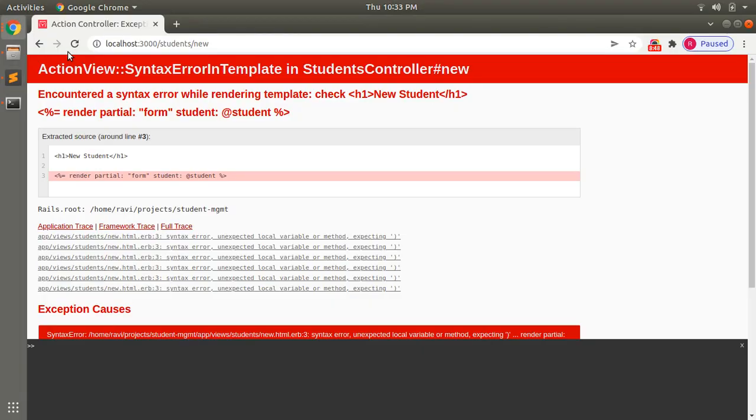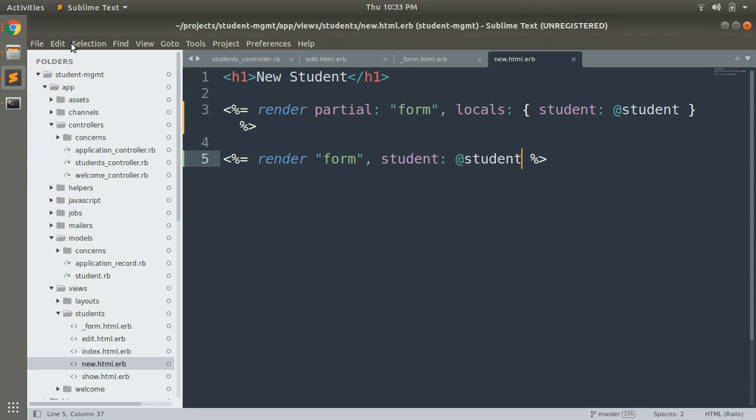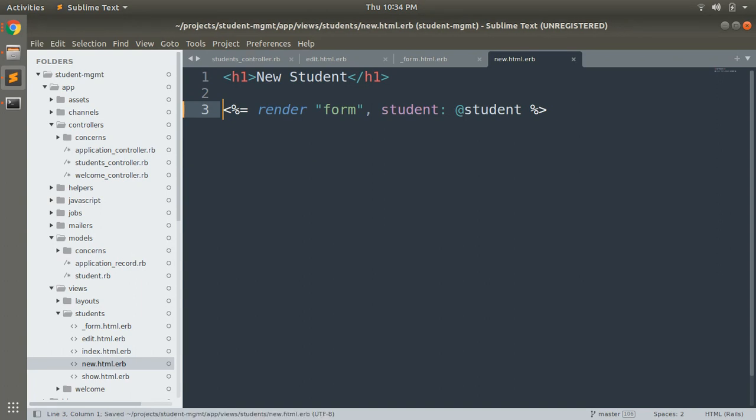Now you will see that the form is being rendered twice. Okay, so depending upon your choice, you can use any of the syntaxes for rendering a partial using local variables, but I would prefer this syntax at line number 5, because this is the new syntax for rendering a partial with local variables, and this is the older syntax that was used in older versions like Rails 4 and 3. Okay, but this syntax is being used from Rails 5, 6 and so on. So let's remove this syntax and keep this syntax.